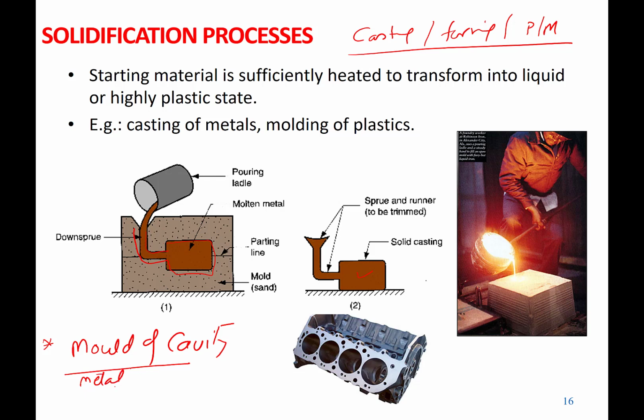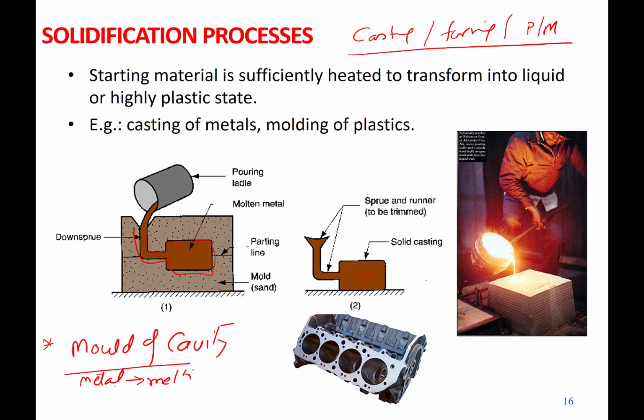For making the product, this metal is melted. Melting using a suitable heat source is realized. It may be in the form of an induction furnace, arc furnace, or simple coal fired furnace. For low melting point materials like aluminium, magnesium, zinc, you can use coal fired, but for high temperature metals, induction and arc furnaces are used.